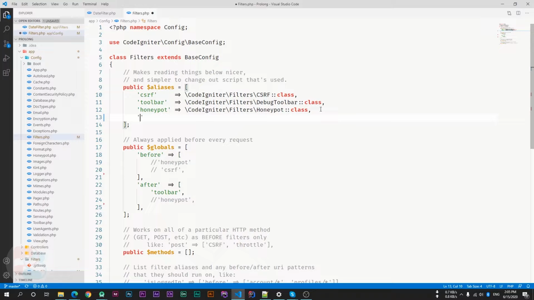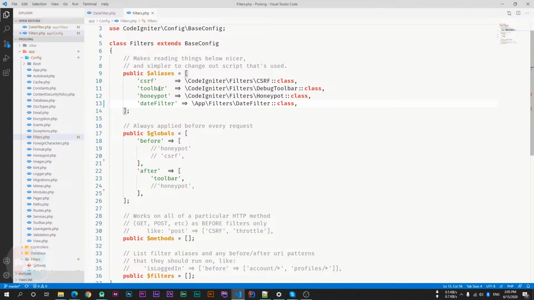I'm creating an alias with the name dateFilter, and the path will be App\Filters\DateFilter::class,